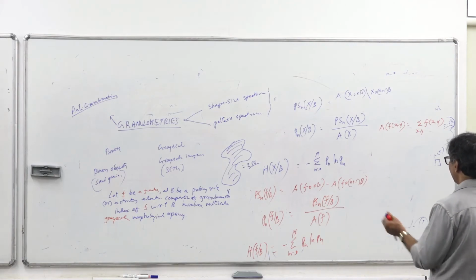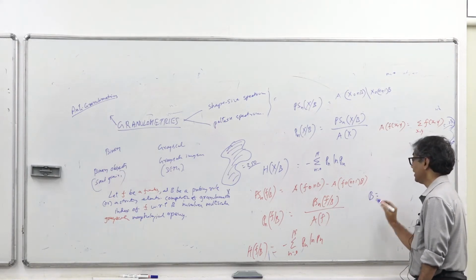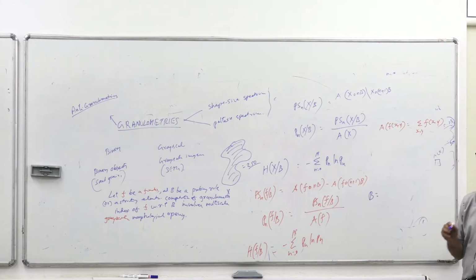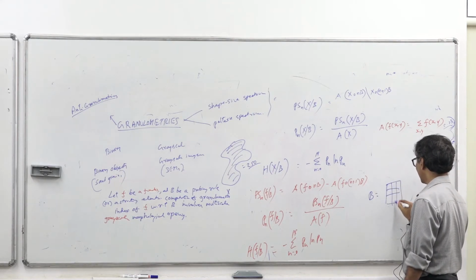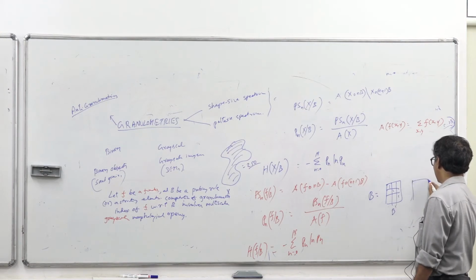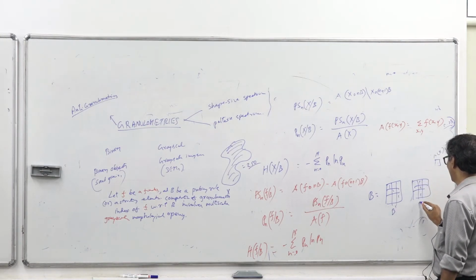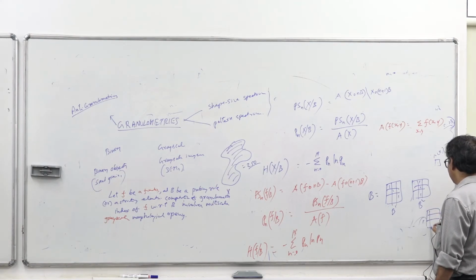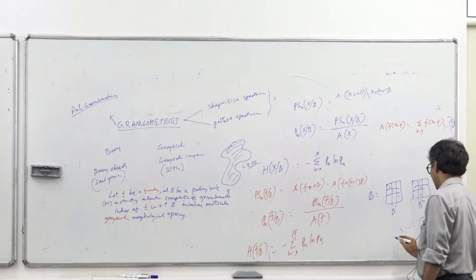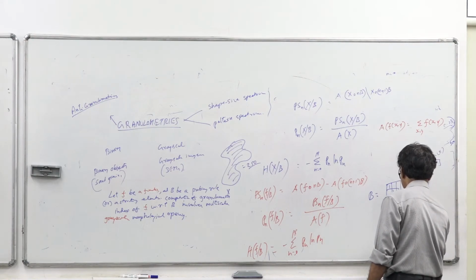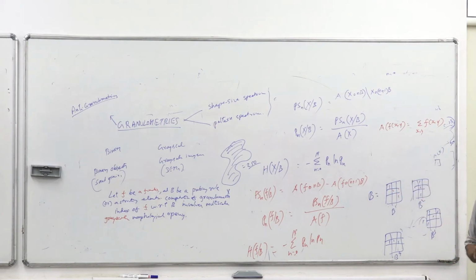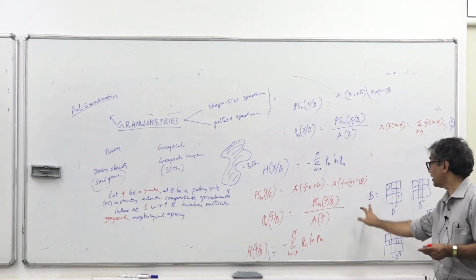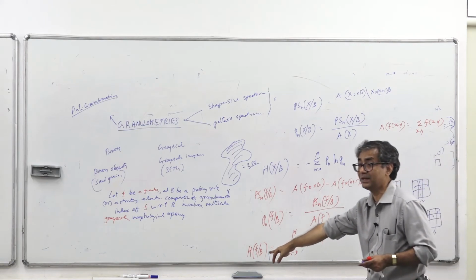And what happens if I make this B into directional? So as I have shown, this is B1 and this is B2. So this is B3 and this is B4. With each of the directions you get a different roughness value, which are independent of the roughness that we computed with B.